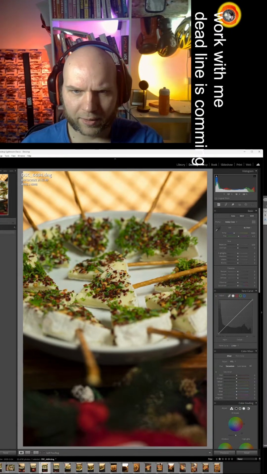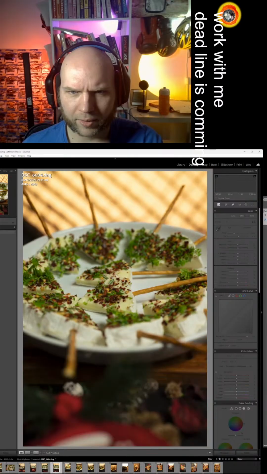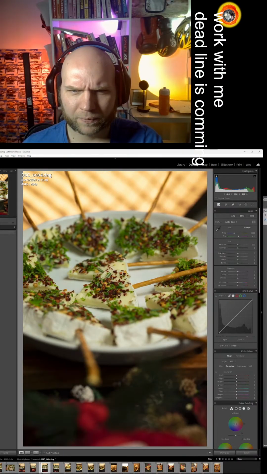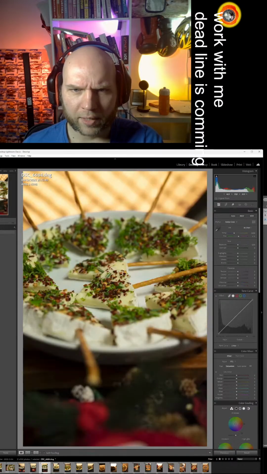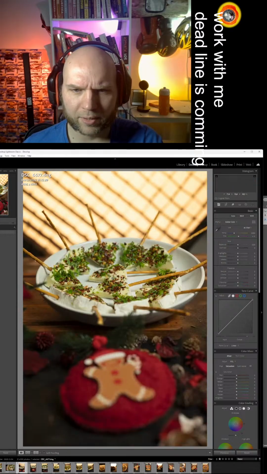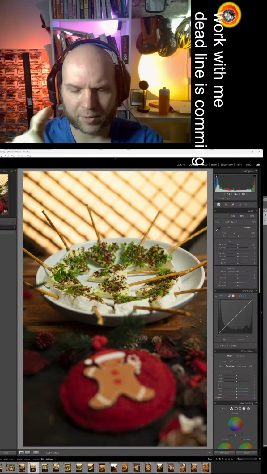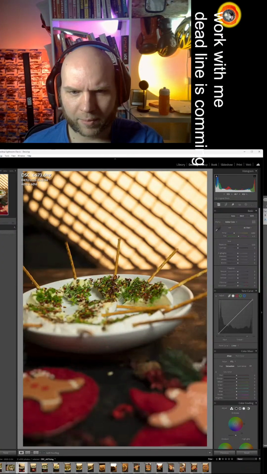What is not good framed. This one 0. Okay, so this one is good. This one is the same but a little bit closer with some small pillow with Cookie Man. This I don't like.